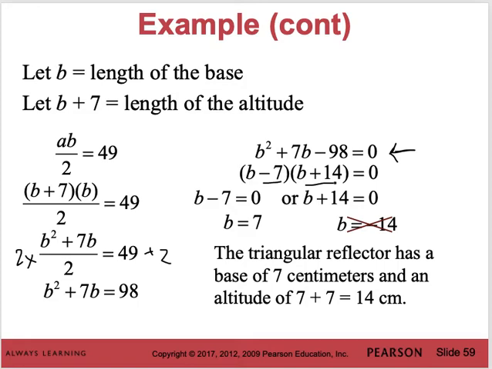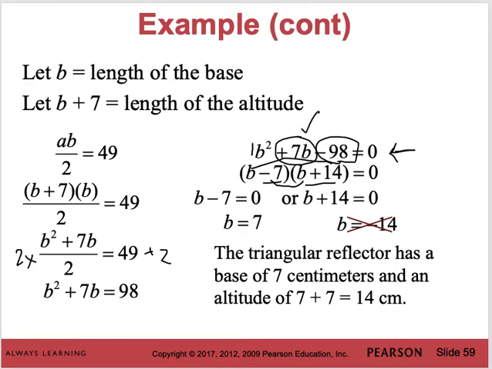So how did we get those factors? Well, we know it's 1b squared, so we'd have to have b and b. b times b is b squared. And 7 times 14 is 98. One of them has to be negative to equal a negative 98. But one of them has to be positive, so that when we add them together it equals 7. And we can get that by checking our outside, 14b, and our inside, negative 7b, and 14 minus 7 does